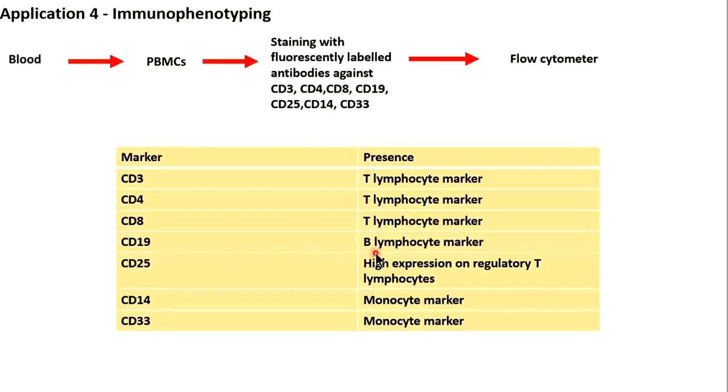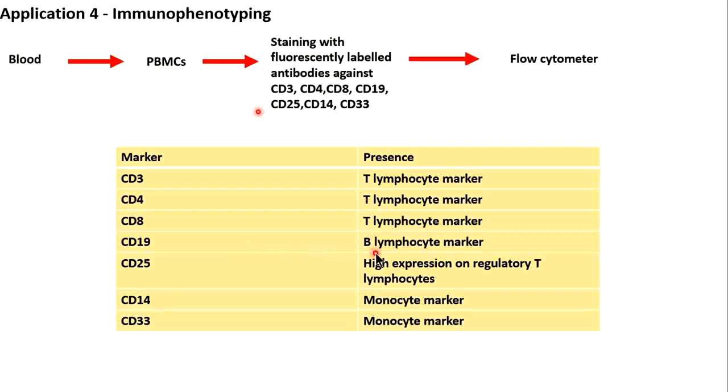The most important application of flow cytometry is immunophenotyping. Immunophenotyping means analyzing the cells based on the surface markers and the CD molecules. So I do one experiment here again, and let's see how we can analyze it. We are taking the blood. From blood we isolate the PBMCs as we did last time, and to the PBMCs we add the antibodies,